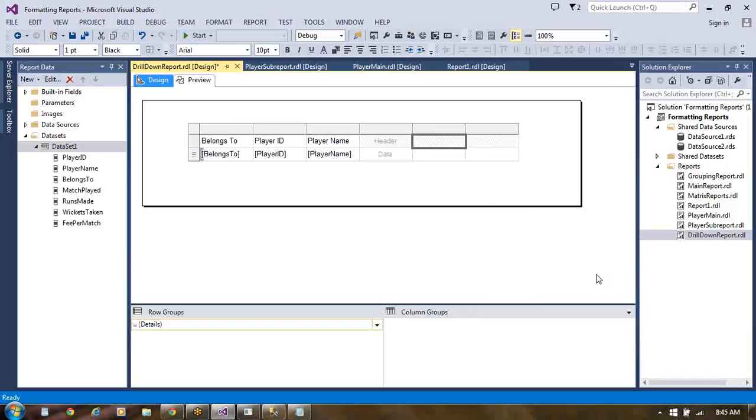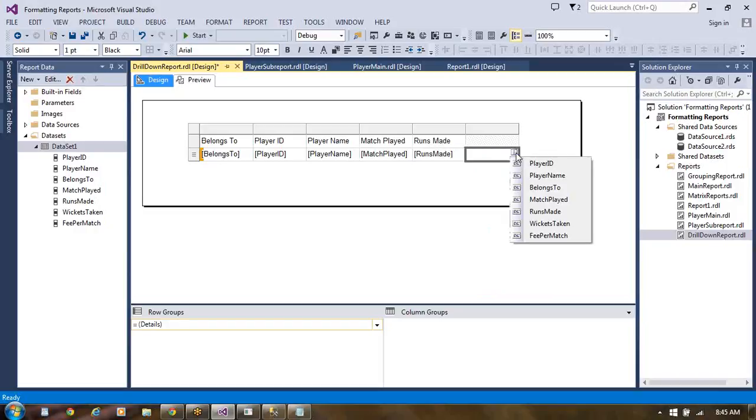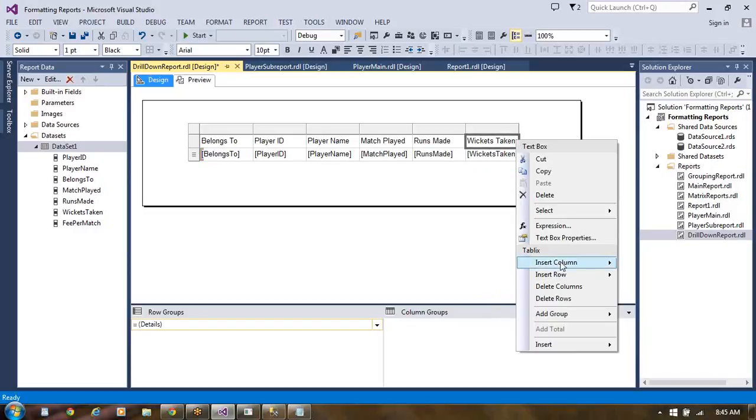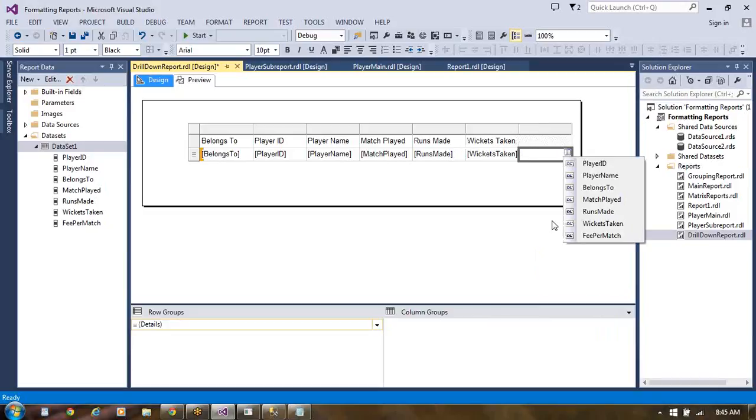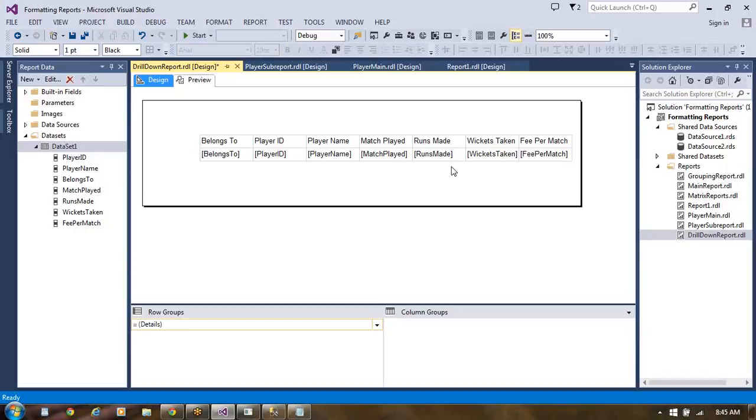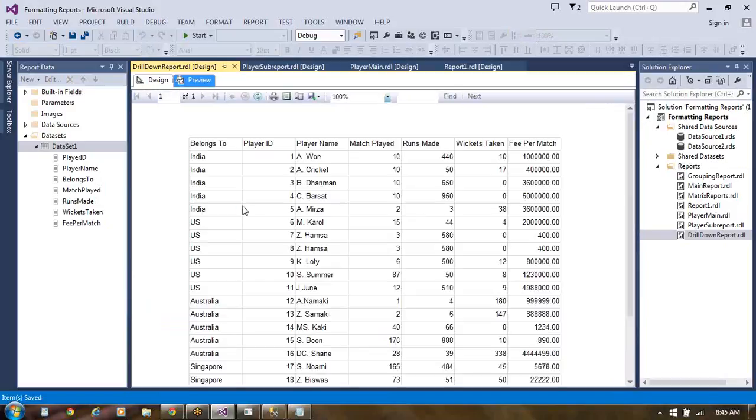Okay, we've taken player name, match player, runs made. Runs made, then wickets taken. This is fee per match. We made like this. Of course, when we look into data, it can show you this way. All the data is coming, and based on the India, we need to make it here. Okay. Now here in this,